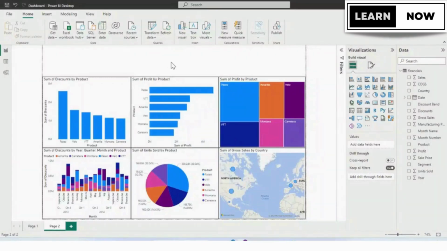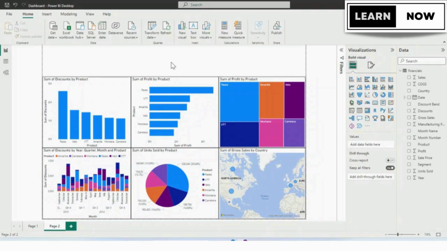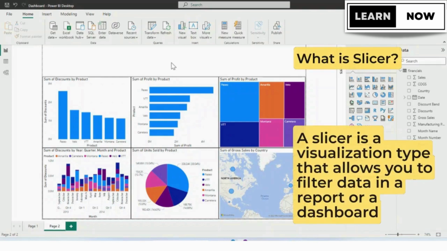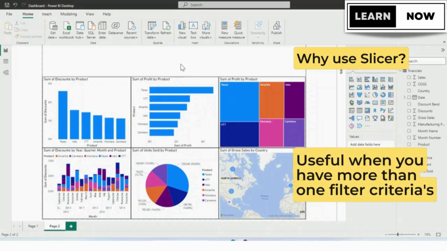In this video, we will be learning about the slicer and different types of slicer in Power BI. In Power BI, a slicer is a visualization type that allows you to filter data in a report or dashboard. It provides a user-friendly interface for selecting one or more filter criteria that determine which data is displayed in other